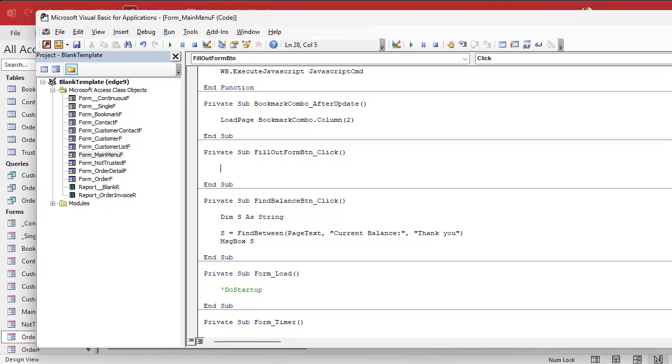Okay, here we are. And now we're going to say wb.ExecuteJavaScript, just like we've done before. And the command is going to be, ready? document.getElementById. All right, again, capitalization is important. It's capital E, capital B, capital I. getElementById. Open parentheses, single quote, and then the name of the field, your name, like that. Close it up. .value